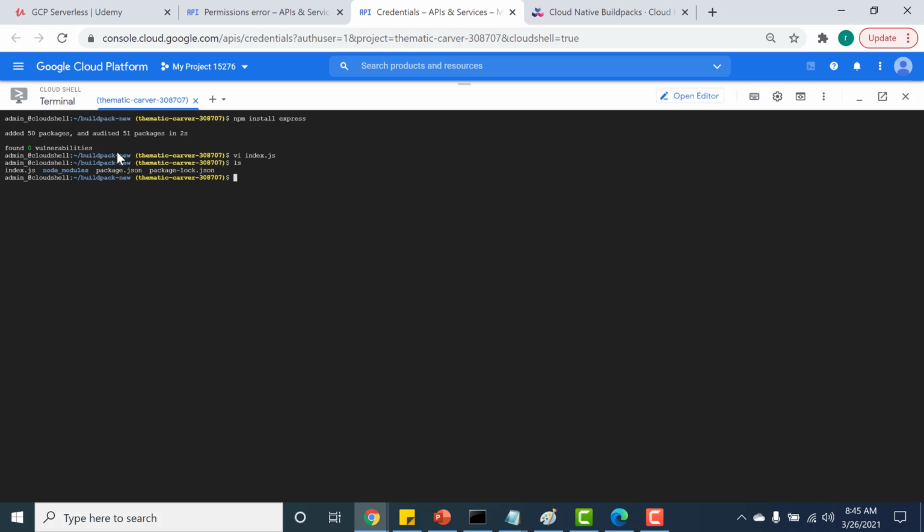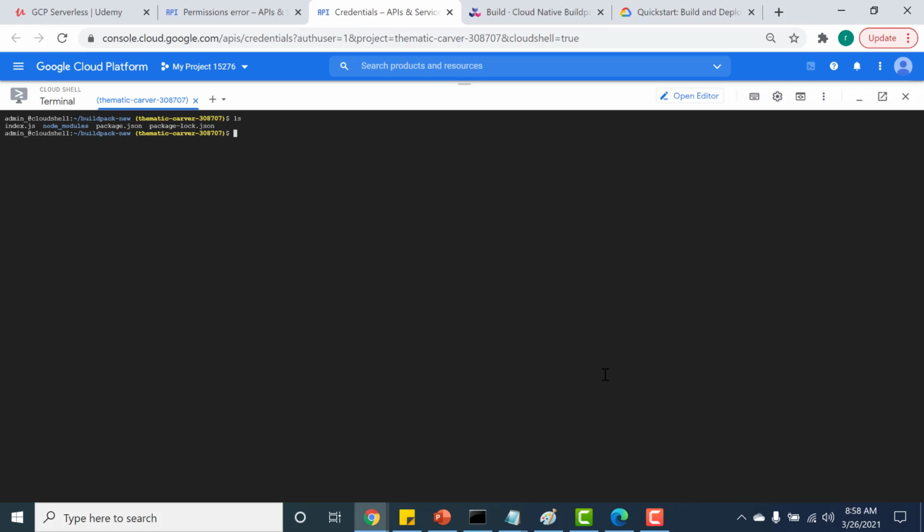Okay, so let's go through the folder now. As you can see, in the previous example we had to create a Dockerfile. In this example, we do not need to do that. We can just use the buildpack that's available to us and create a container image out of that. But before we do that, we also need to add a start script in our package.json file. So let's do that before we create an image out of this application. It's just going to be node index.js.